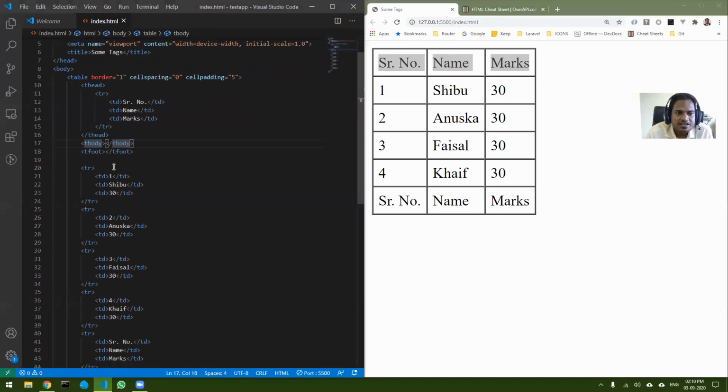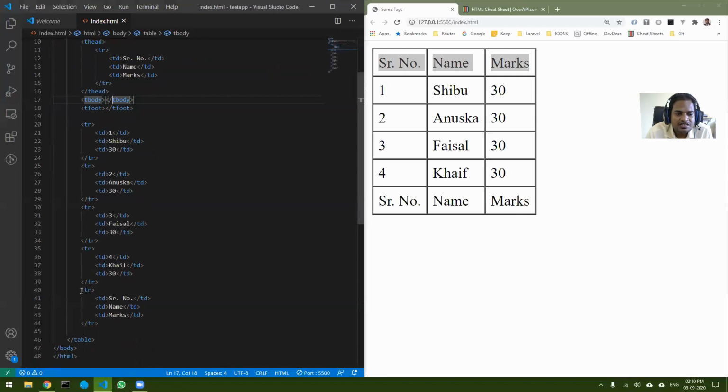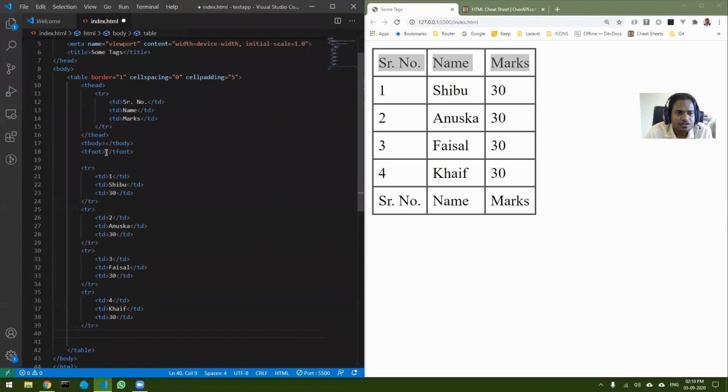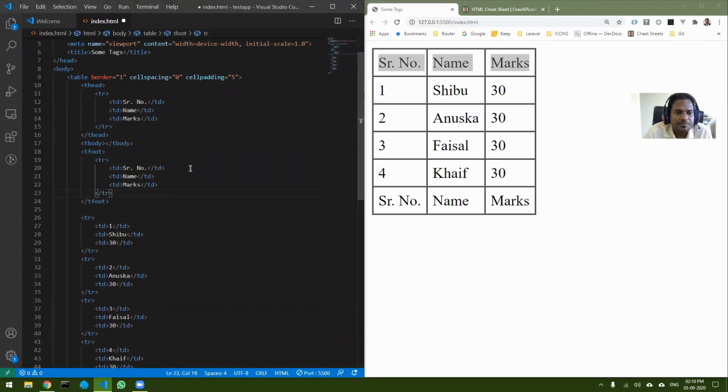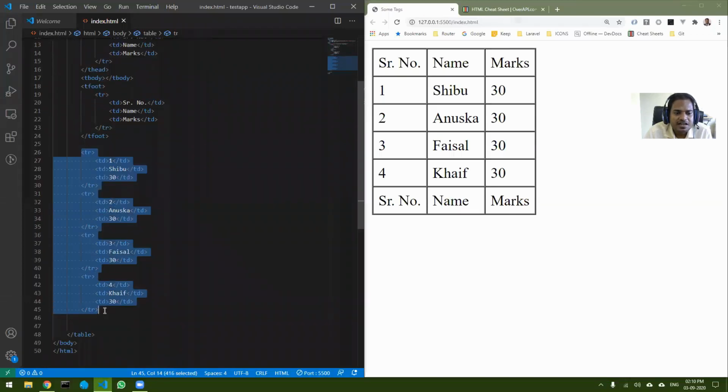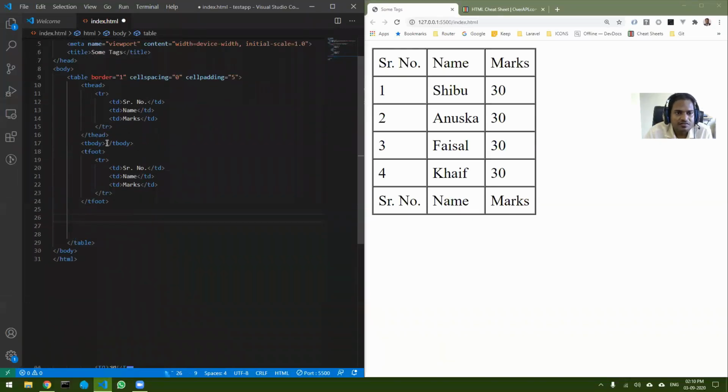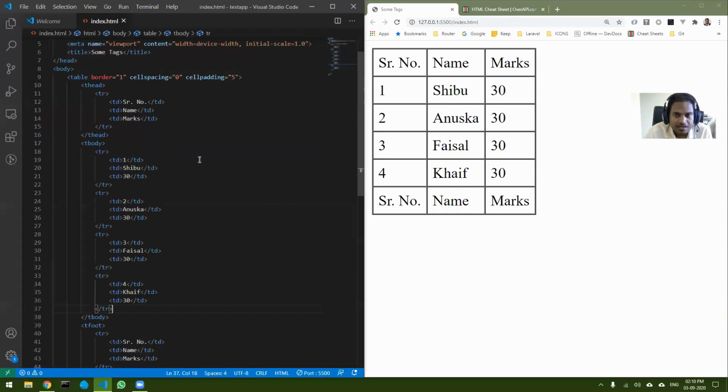Okay, now let us take advantage of the footer. Let's take from here, cut it and put it inside tfoot. So now it becomes the footer. So this order is not important at all. You can put the footer on the top also, but still it will come at the end only. Okay, and now the remaining part that is left is your body. So I will put it inside tbody. Now I save it. Now you can see as such there is no difference here.